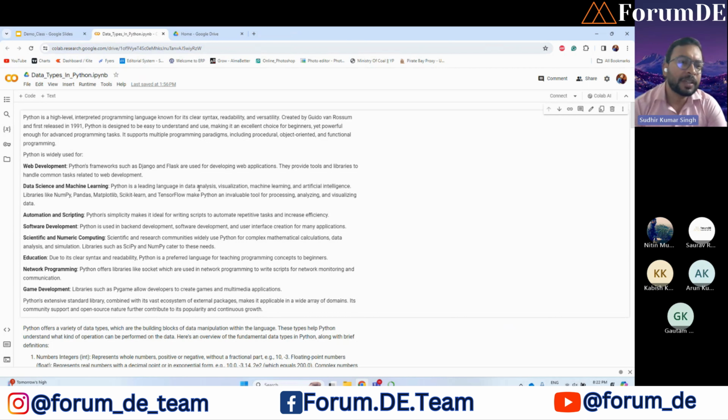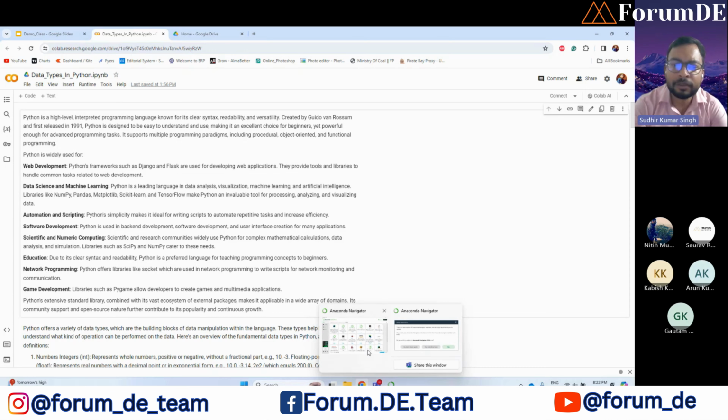Currently, I think the latest version of Python is 3.12, and there will be one online free IDE like Google Colab, which we'll be using a lot, and another is Jupyter Notebook, like here you can see.